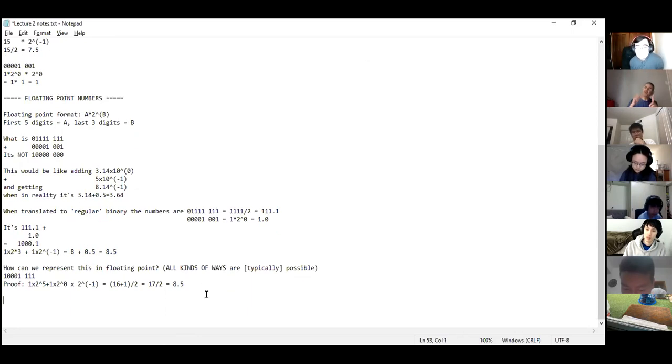Because I used to think that the exponent was in sign magnitude, but maybe that's not true. Maybe they're both in 2's complement, but basically they're both signed numbers. They can both have positive and negative values, the exponent and the mantissa. So the left bit will always represent a sign. The 1 and 0 will always represent negative or positive. Is that right?